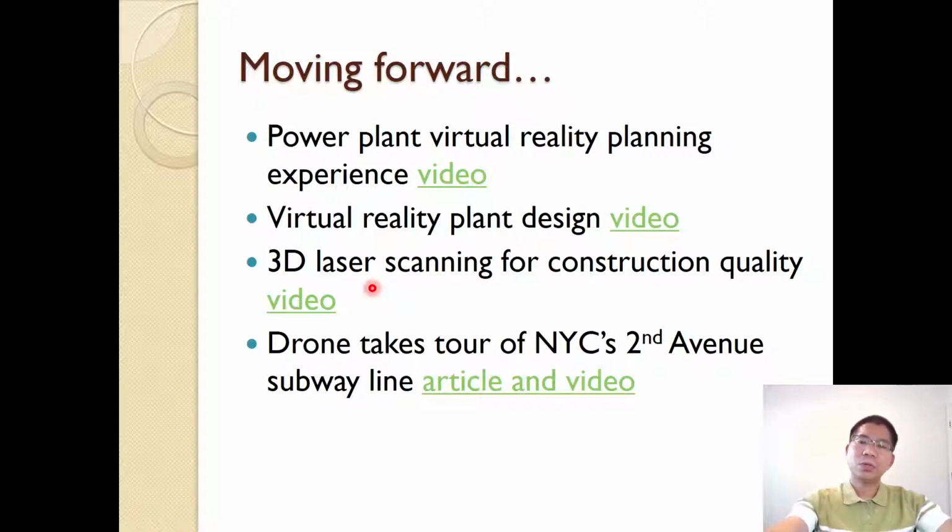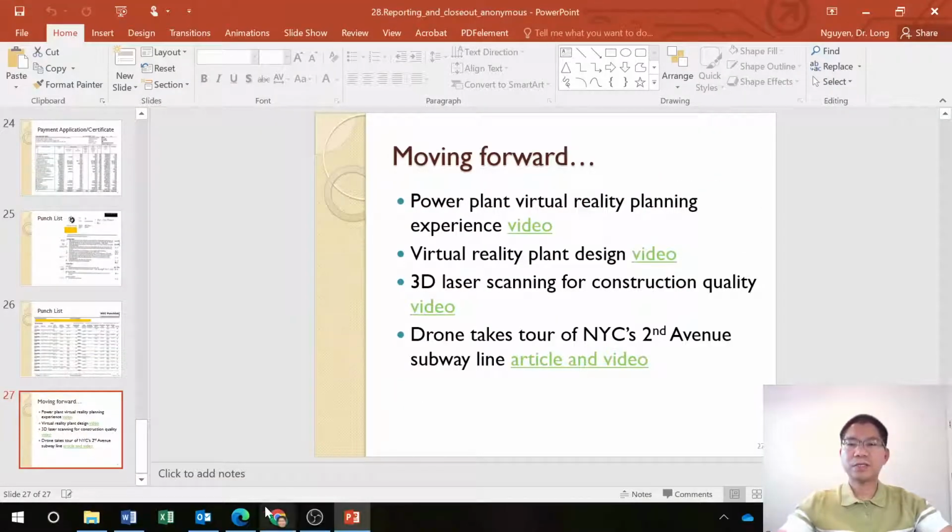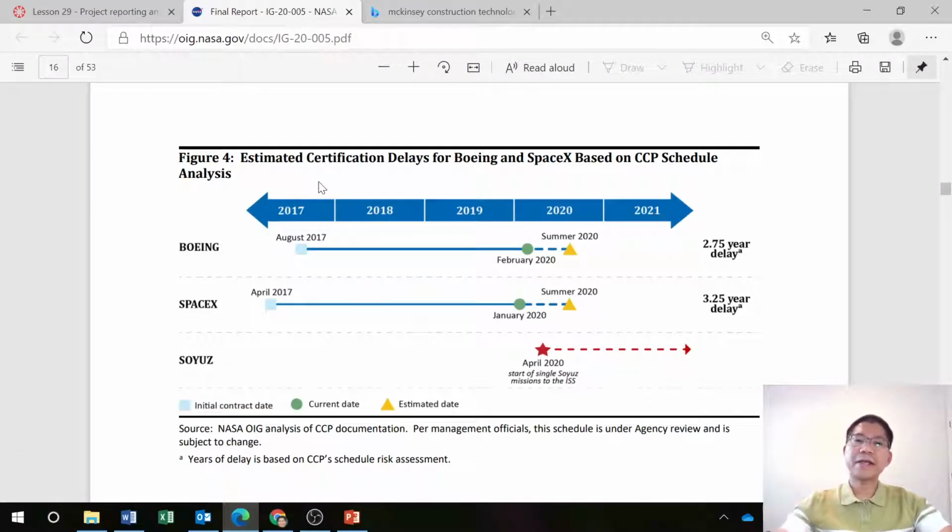And then you can see it not only in engineering and construction projects. I showed you the link in Canvas, related to this time, and you can see the nature of delays for projects, in this case Boeing and SpaceX.